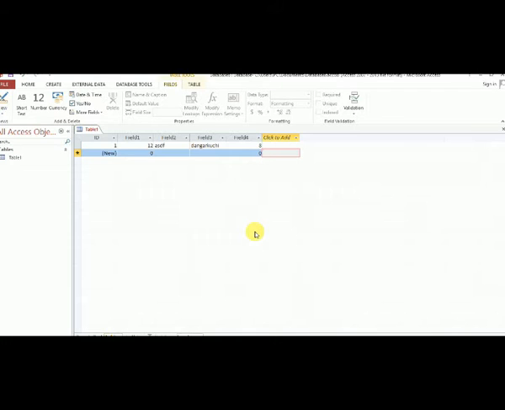Suppose you use a database in this application and you want to publish this database to an online application. You require two things on your computer. Number one, domain and hosting.